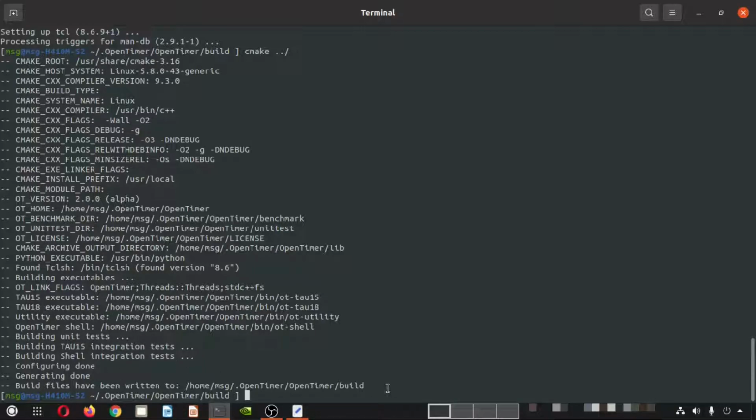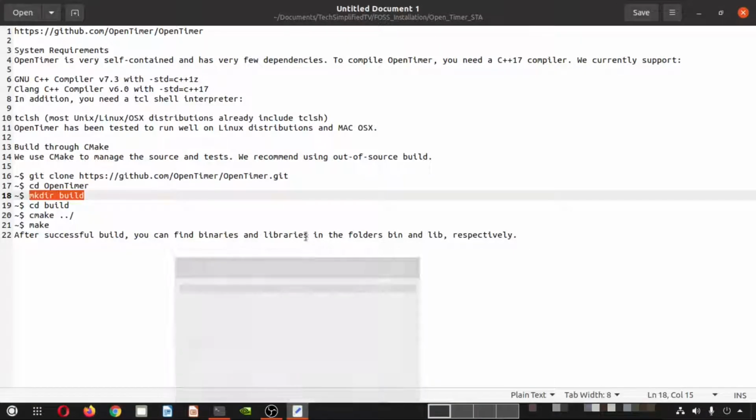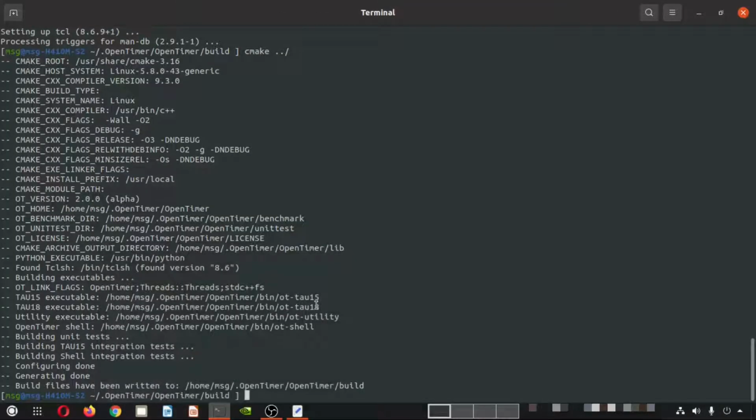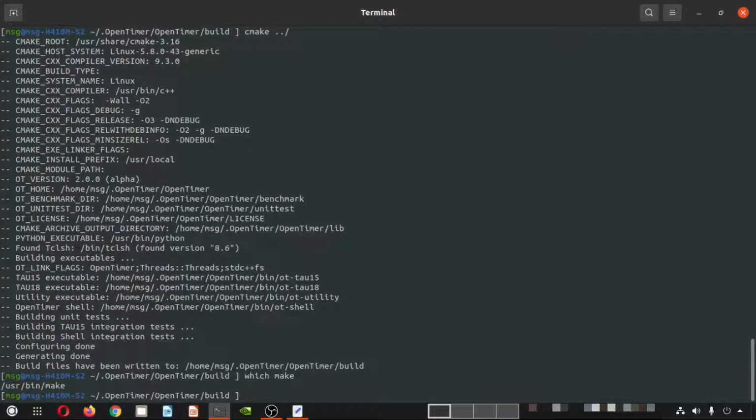Okay, I think this step has executed, and then we have to use make. Before executing make, let me check whether make is there. Okay, make is installed, so I'll execute make.